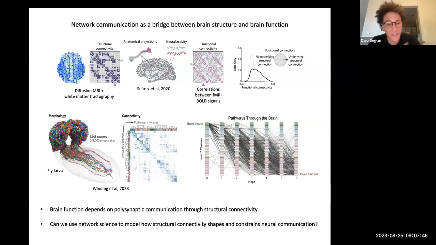So my research asks this question: can we use tools from network science to model how structural connectivity might shape and constrain neurocommunication processes? This question can be approached through a lot of different lenses. You could think about it from a perspective of information theory, like Joe does. You could think about it from a perspective of dynamic systems, like what you guys do. So in this talk, I'm going to approach it from the perspective of network science, using tools from graph theory and network science to try to understand this. And later down the talk, I'm going to talk about how we might integrate and bridge these gaps between different modeling domains, which I think is pretty exciting.